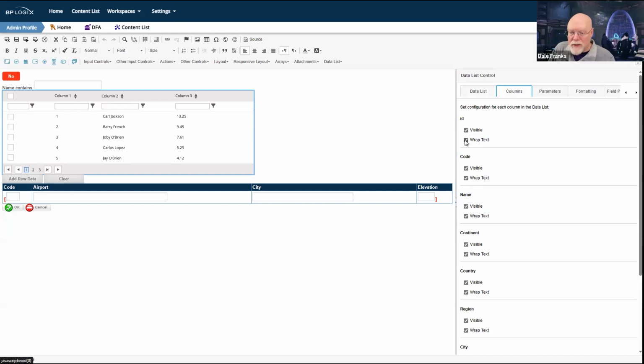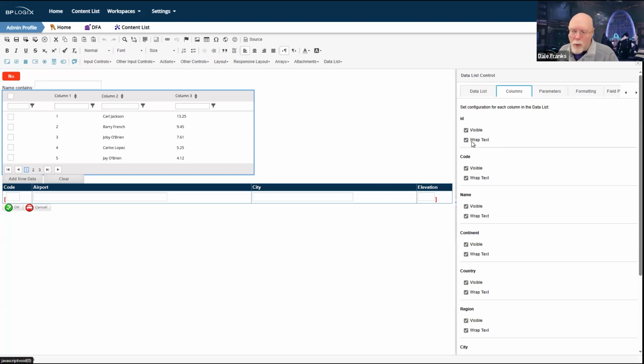Now, prior to this, if you had a data list control that had a column with a lot of data in it, all the data in that column would be truncated after a certain length, and it would only show up on a single line in the data list control. With the wrap text control, which by the way is the default setting for each column, that text can now wrap inside the data list control, and we can see the entire contents of what would presumably be a long text field, so that you could read it all inside the data list control.